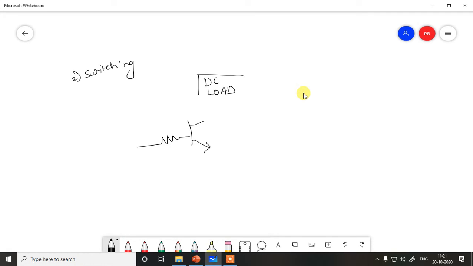One point of your DC load should go to the respective voltage on which it is operating. In that case, it was a 12 volt lamp, so it is 12 volt for example. The second point of the DC load should go to the collector, and the emitter of the transistor should go to ground, and the base with a current limiting resistor should go to